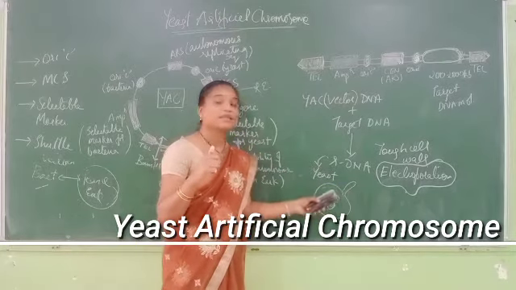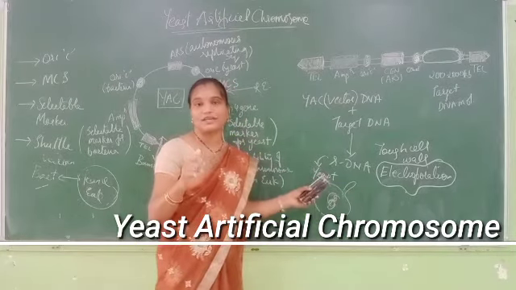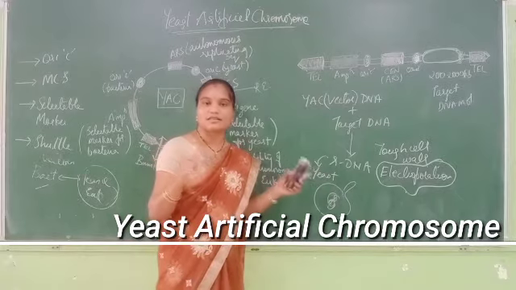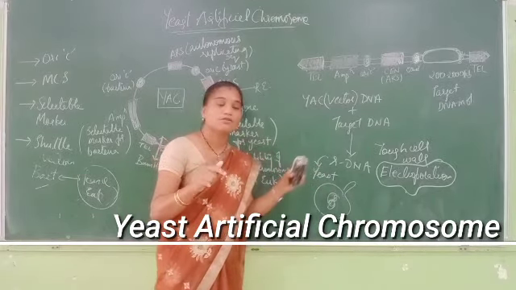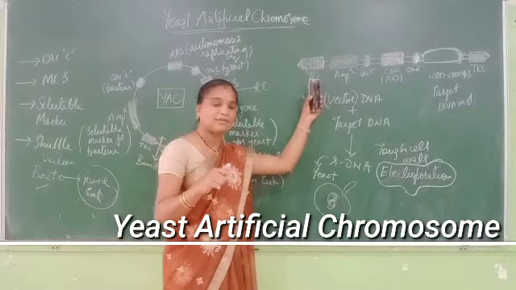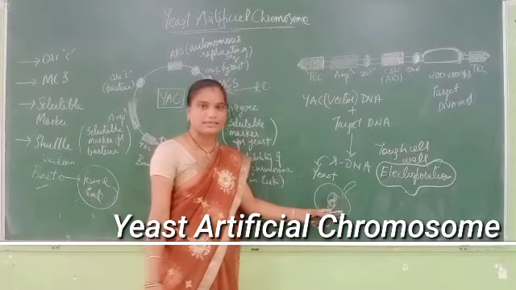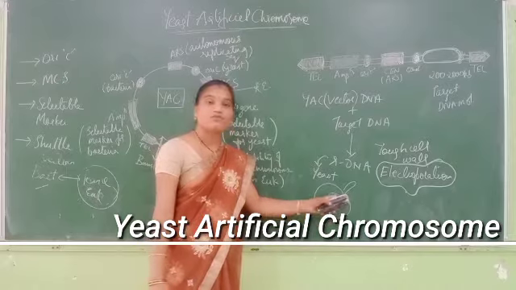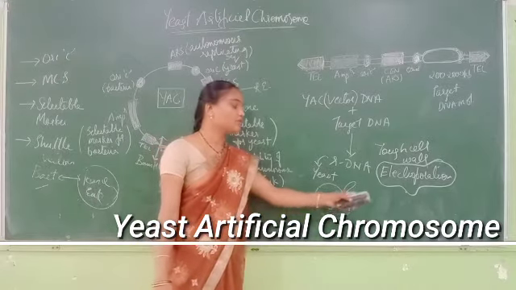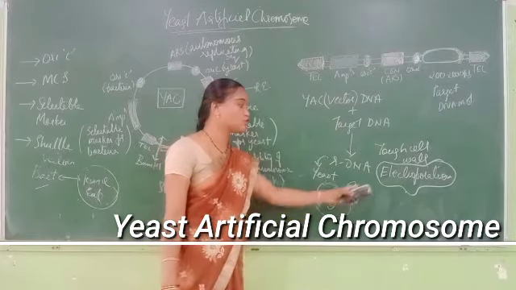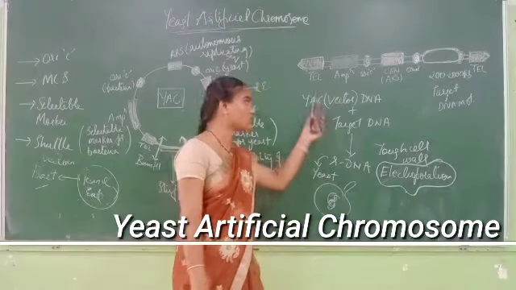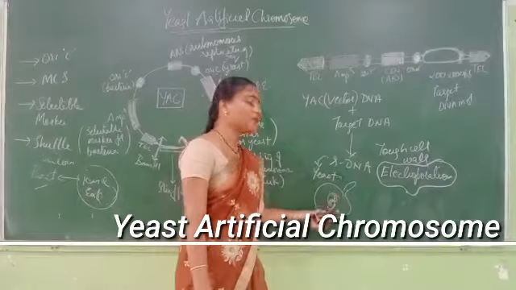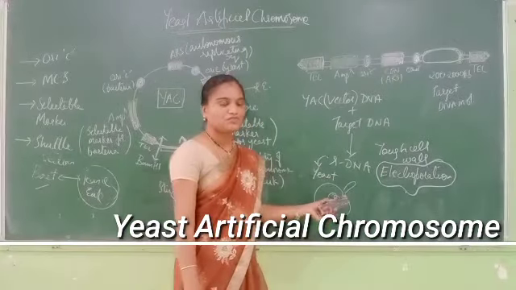Why? Because the yeast cell wall is very tough. Only once the yeast cell wall is disrupted can your chimeric DNA molecule easily get inserted in your yeast, isn't it? So for easy insertion, the yeast cell wall should be treated with electroporation. After treatment with electroporation, the chimeric DNA molecule will get easily inserted in your yeast.